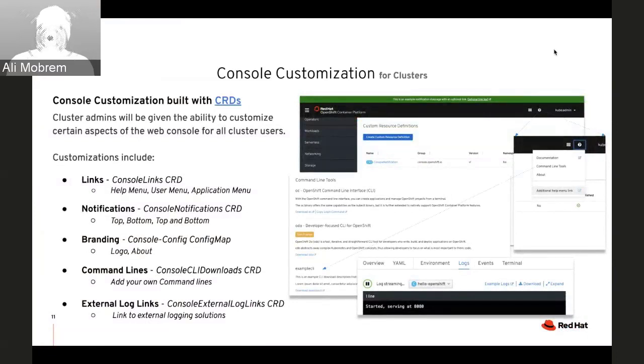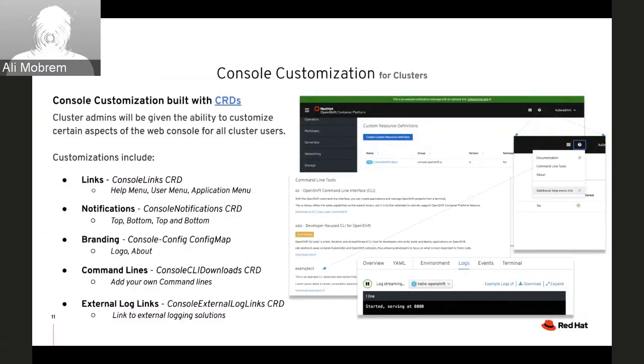First thing I want to talk about is the console, right? For the console, we actually did a number of enhancements for 4.2, I think, that are fantastic. The first one I want to go over is the console customization. We built this using custom resource definitions, and there's several of them. So we have the console link CRD. This will allow you to come in and add items to the help menu, user menu, or our brand new application menu, or we sometimes call application launcher. That's a really nice resource for you to come in and really extend out the platform